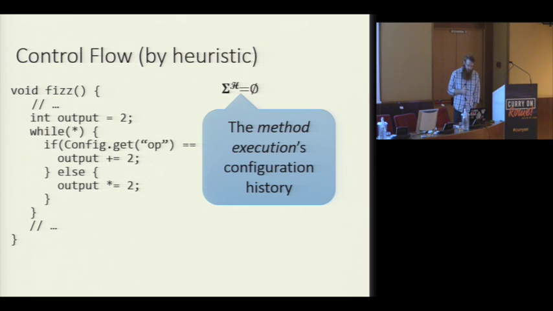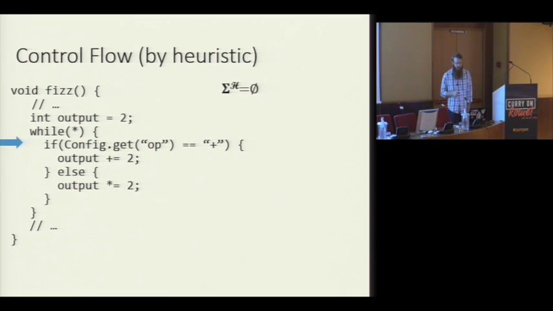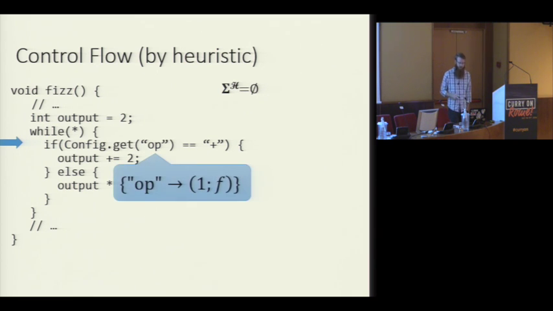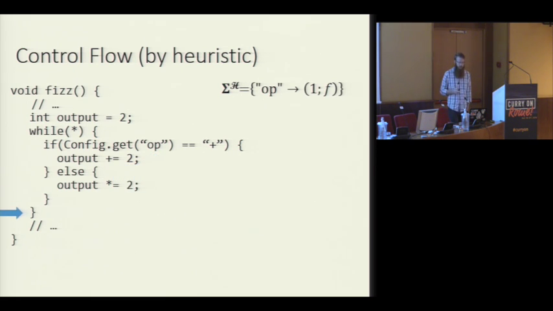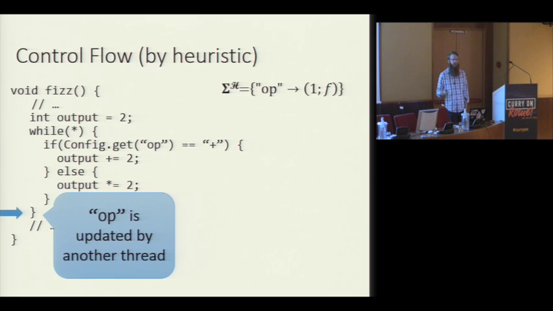So let's see how this works. When we read the op option here, the value returned will be tagged with some version number. Let's say it's 1 here. This history is then immediately merged with the configuration history of the method to give the history we see on the slide. At the end of this loop, the op option is updated, let's say by some other thread, and